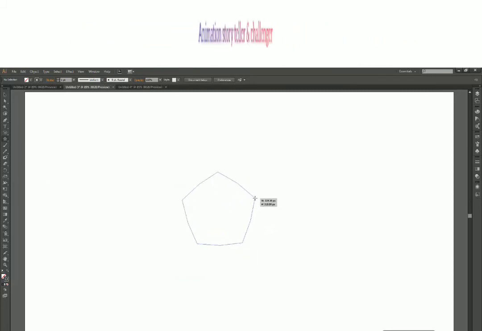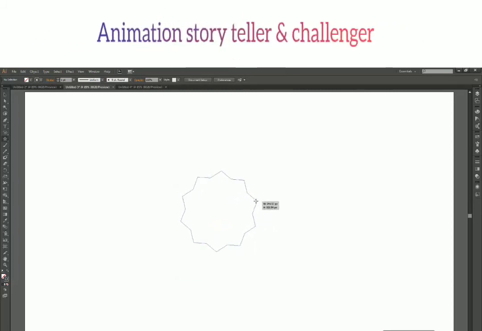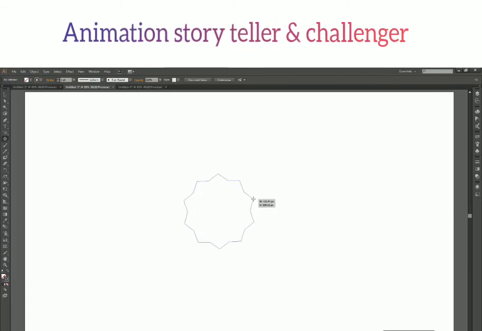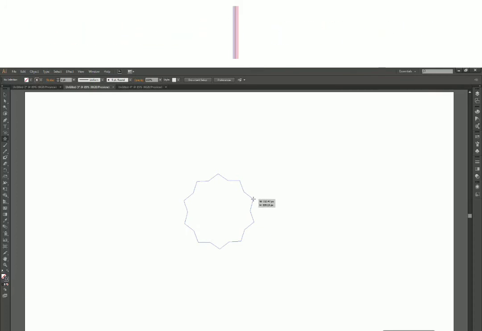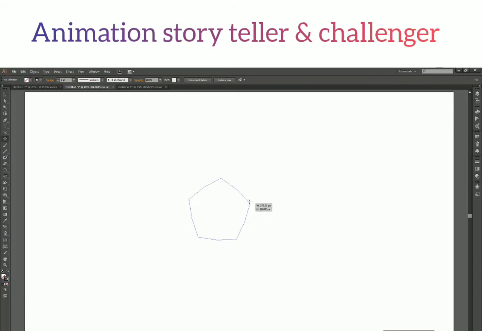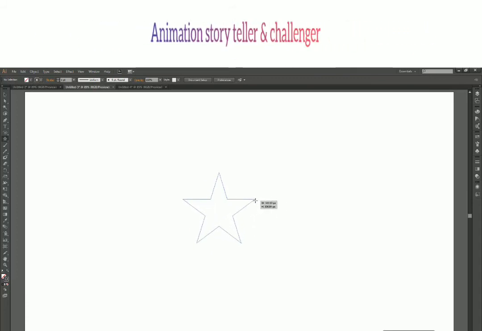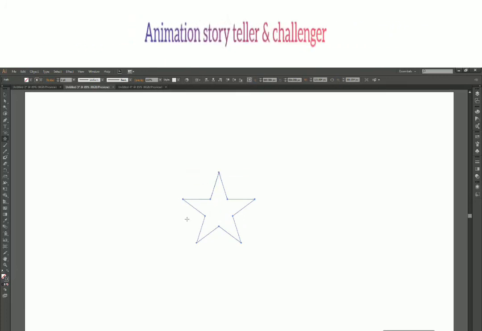Now the Alt key will work only with five-sided stars. If you have more than five sides in your star, then the Alt key will not work. So it will only work if you have five points in your star. Like these: 1, 2, 3, 4, 5.